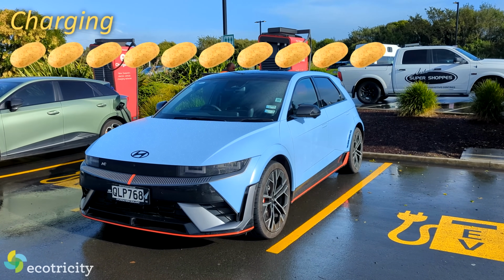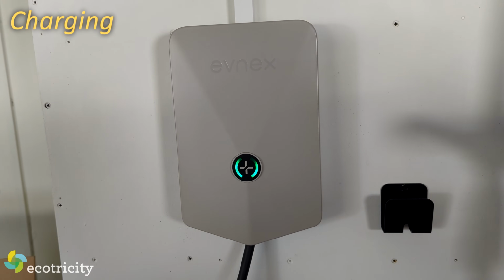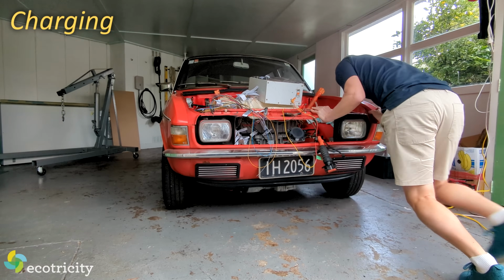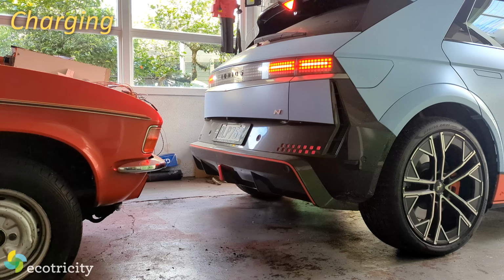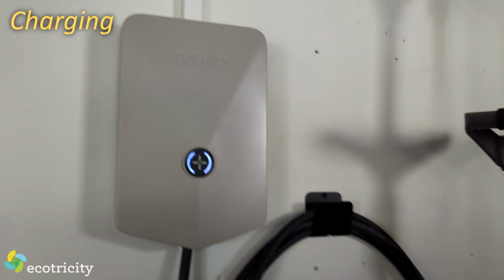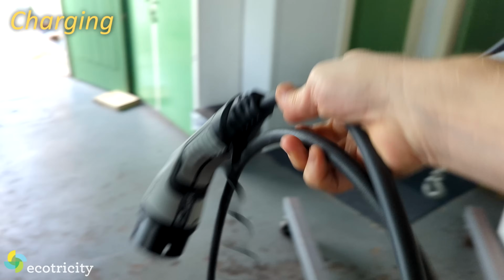Or if you charge at home like 85% of Kiwis do, then a 7 kilowatt charger like this is ideal, especially if you have a pile of barely mobile British junk constantly getting in the way like I do, because this charger has a 5-meter long cable. It'll fill up the car overnight every night, and even though I'm biased because it's mine, I reckon this Evnex